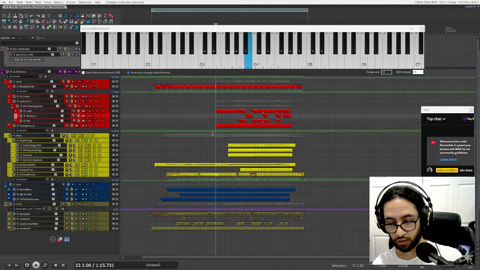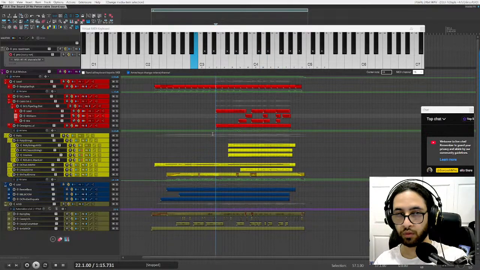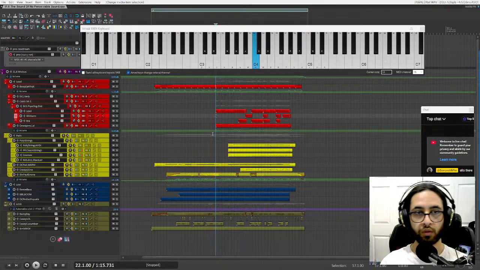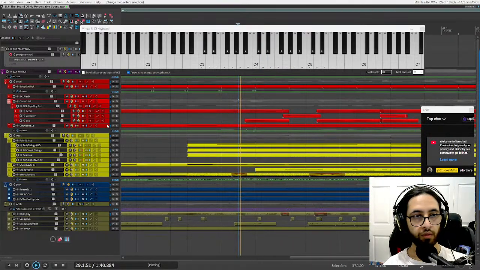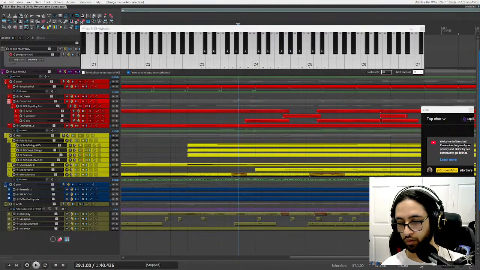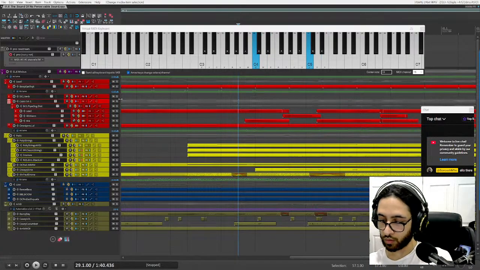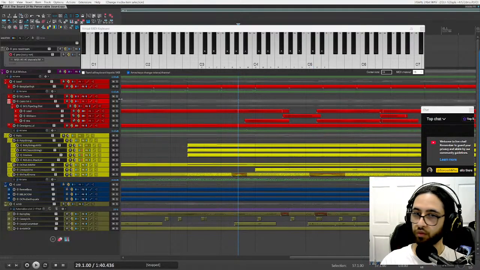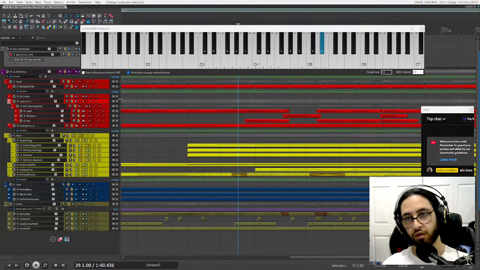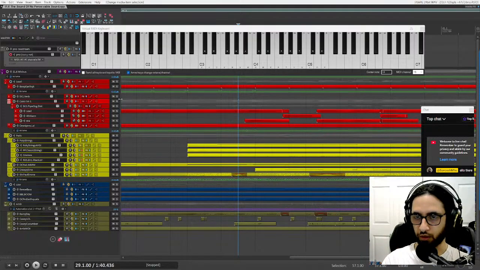This part I like because it starts in a C minor kind of vibe, and then it goes to C major.